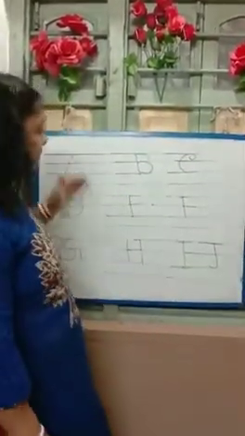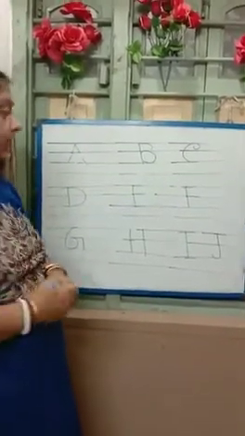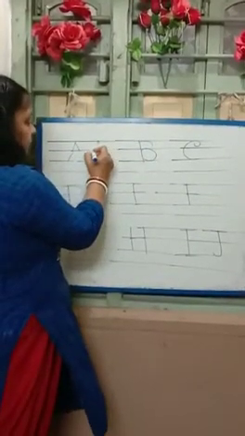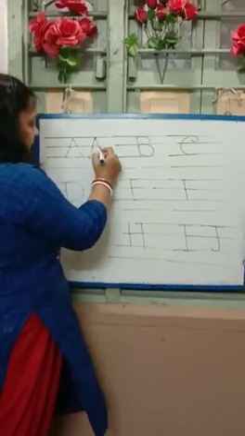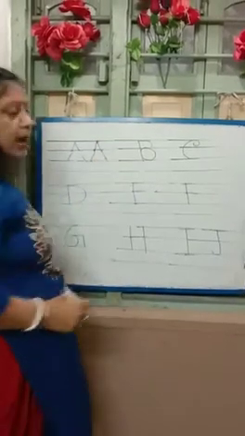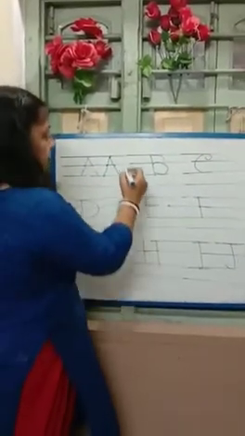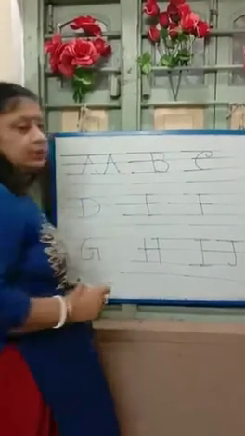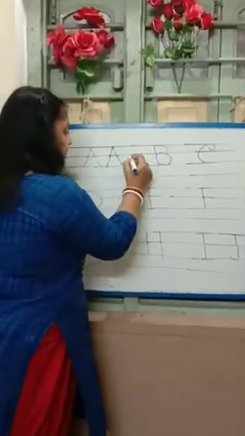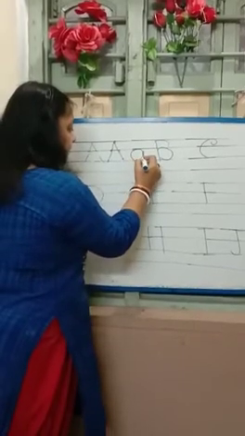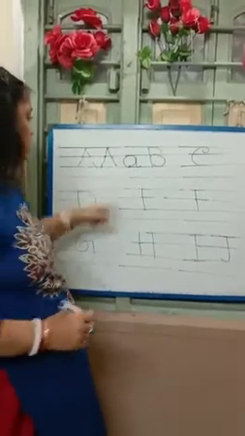Now just have a look at these 4 lines: 1, 2, 3 and 4. When you start the capital letter, you give a dot over here. 1, 2, 3. You join the lines like this. First line, second line, third line, and you give a straight line at the middle. Then when you are doing the small letters, just have a look at the second and the third line. How are you doing it? You give a circle and you just move the line like this. So this is capital A, this is small a.